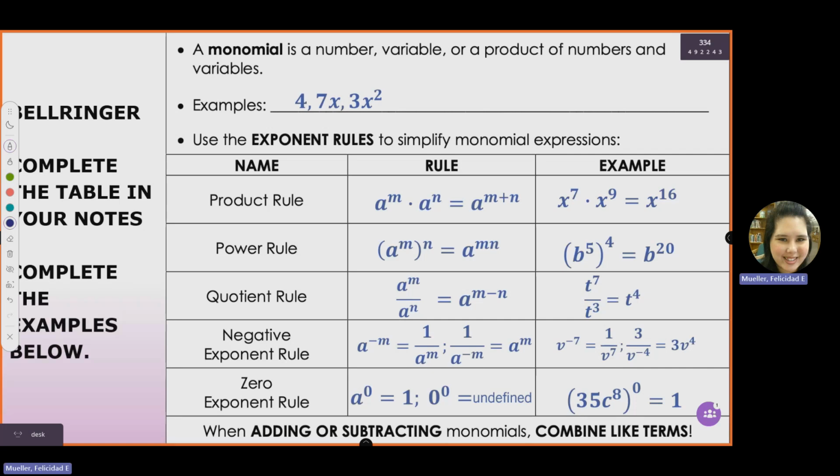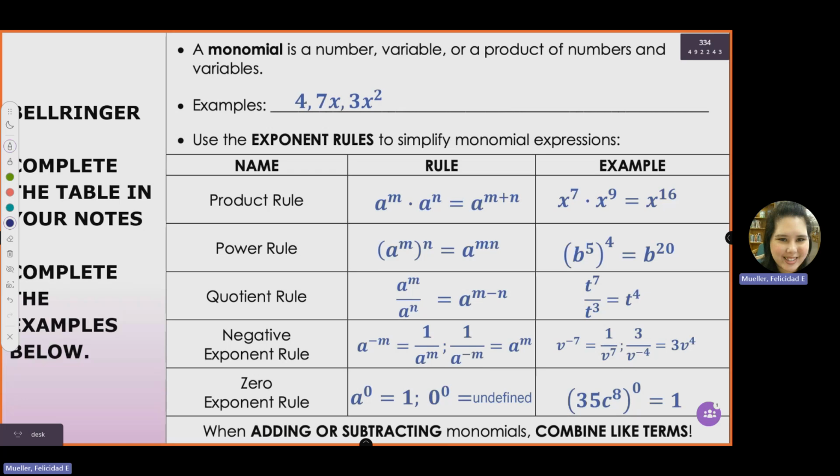So a monomial is a number or variable or a product of numbers and variables. So examples could be 4, 7x, 3x squared, and so on. We have these exponent rules that should be reviewed. Doesn't mean they are, but they should be. Our first one is product rule, and that when we multiply variables, the same variable, we would add the exponents. So our example, x to the 7th times x to the 9th would be x to the 16th, because 7